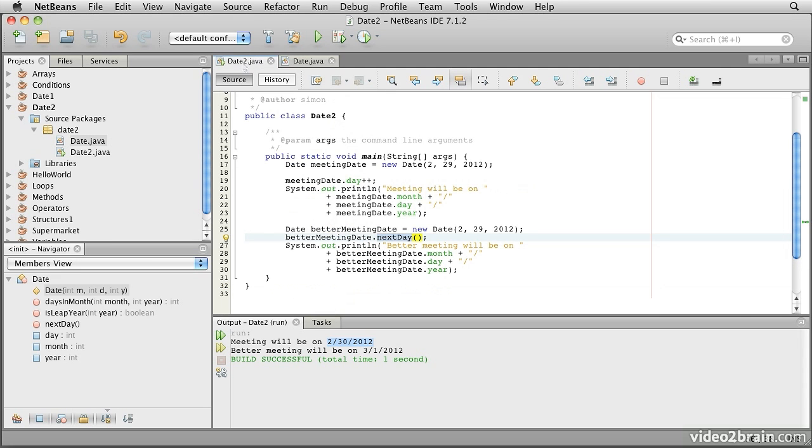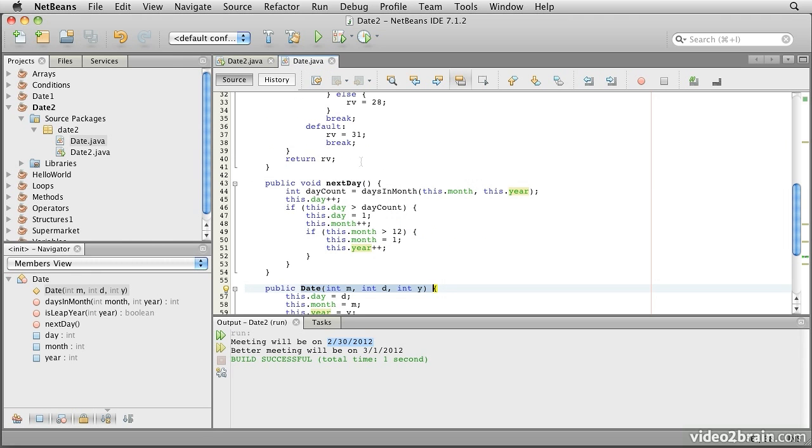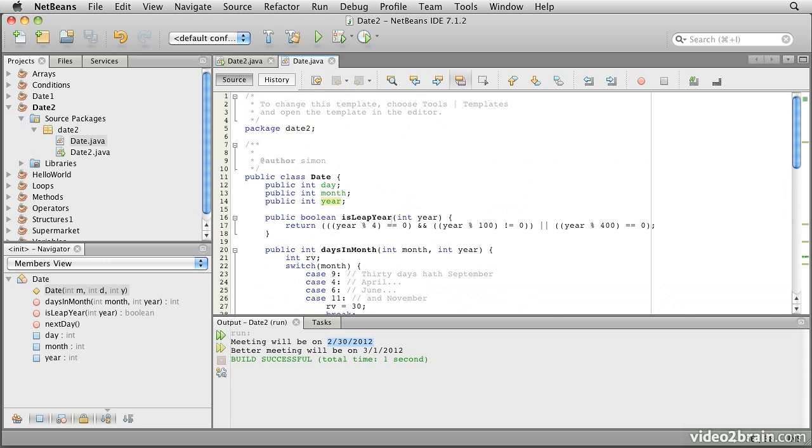So what would be nice is if we could find a mechanism that prevented us from accidentally messing up the internal representation of a data structure. In other words, we really don't want to be allowed to arbitrarily increment day. Well, it turns out that this is actually quite simple to do. If we go to the top of our date class and we replace this keyword public with the word private, and we're going to do that for each of these fields,